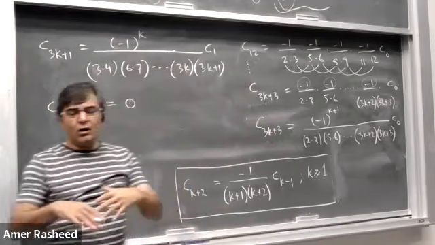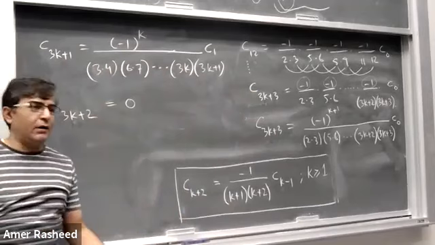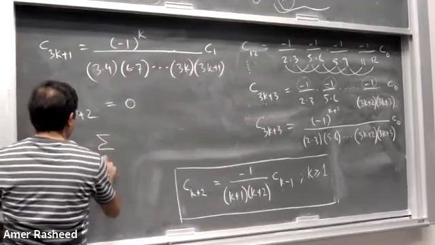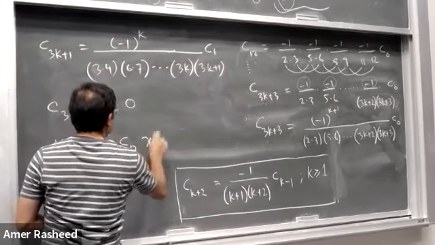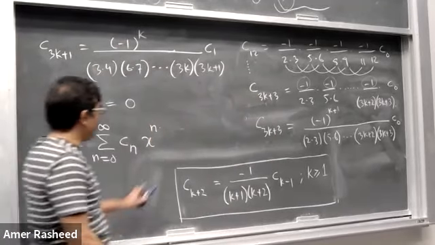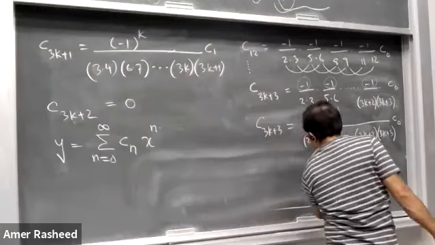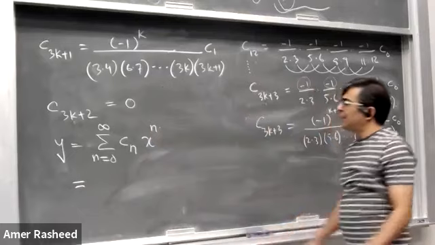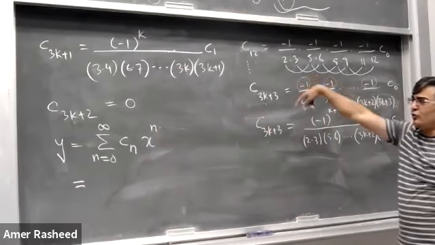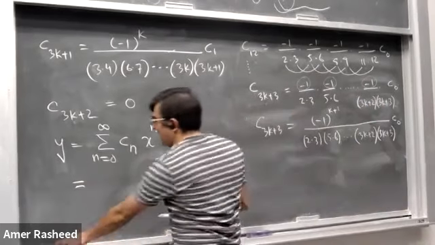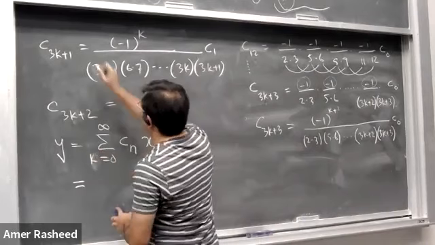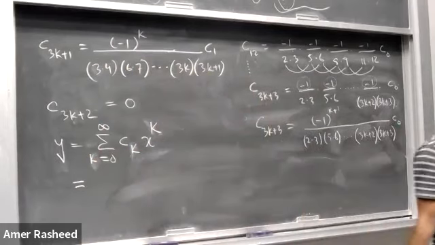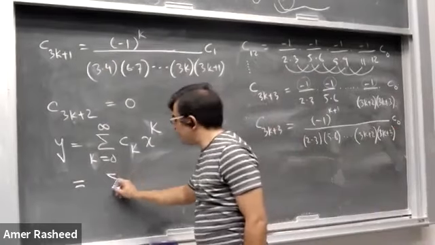ये जो कोएफिशिएंट्स हैं, they all, these expressions they contain all the coefficients of the power series, ठीक है। अब हमारे पास पावर सीरीज क्या थी, y is equal to summation n from 0 to infinity cn x power n, ये था ना सॉल्यूशन। अब इस सॉल्यूशन को हम, we can split this solution into 3 powers, मतलब 3 sections, or you can say that accordingly जो हो के हमारे पास कोएफिशिएंट्स। अब n है तो n लिखें या k लिखें, it doesn't change anything, यहाँ पे k लिख दें क्योंकि हमारे पास जो सॉल्यूशंस हैं k में है, यहाँ पे भी k लिख दें, यहाँ पे भी k लिख दें, it doesn't change anything, so indices are dummy।